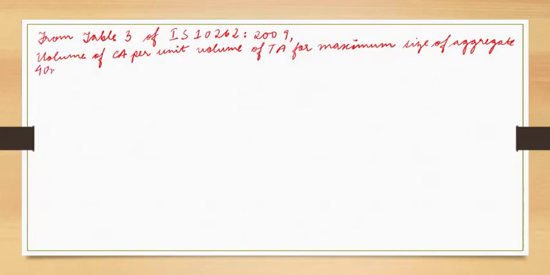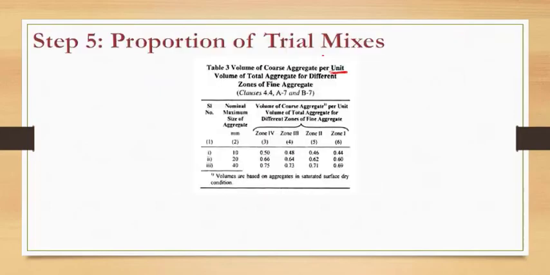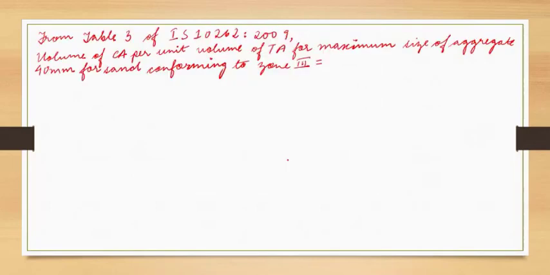So maximum size of aggregate 40 mm and amar sand or zone kiman dia ase question of zone 3 for sand conforming to zone 3. Kiman pam ami from table 3? Yate amar size of aggregate amar questioner mote 40 mm and amar zone 3. So corresponding to that, we have the volume of coarse aggregate per unit volume of total aggregate as 0.73. So we can write down this is